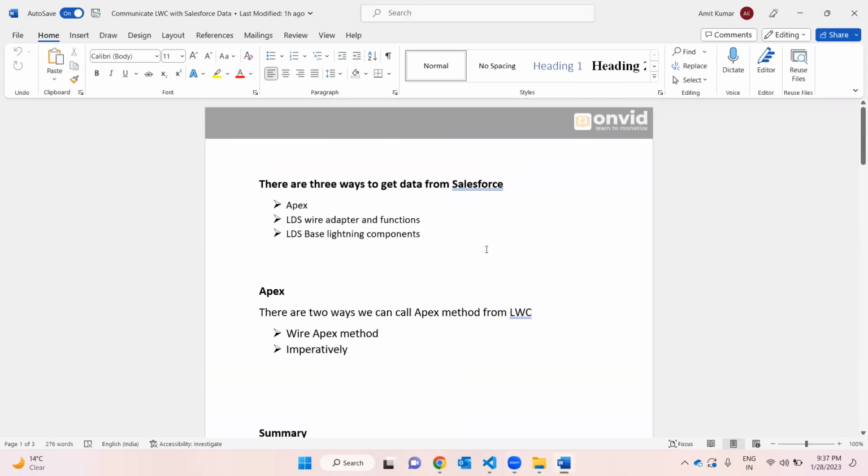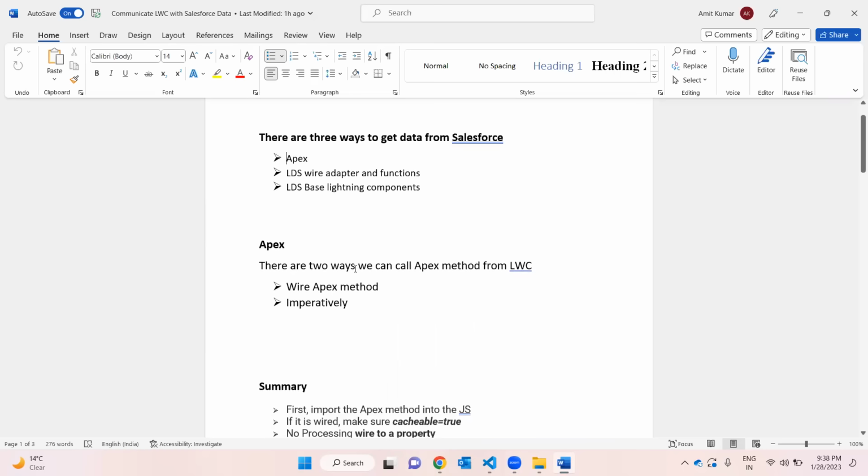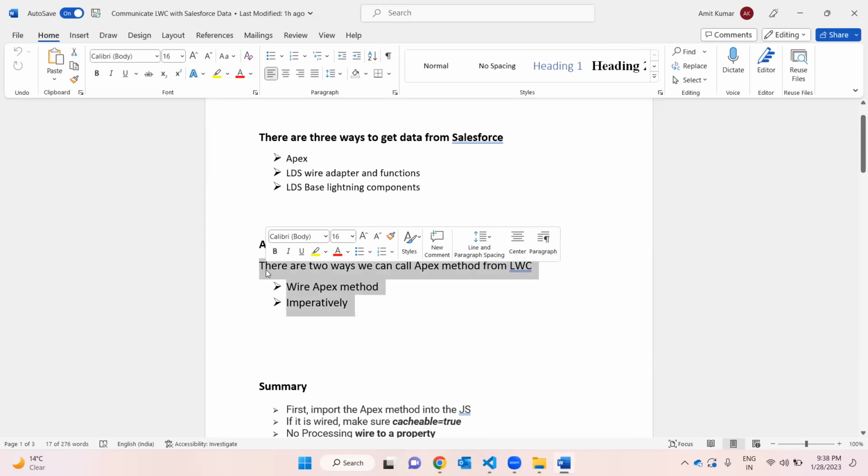So previously we saw how we interact, what we are doing: how many options there are in Salesforce and LWC to get the data from Salesforce. We already talked about the Apex method in previous sessions, that there is the wire Apex method and there is the imperative method, and